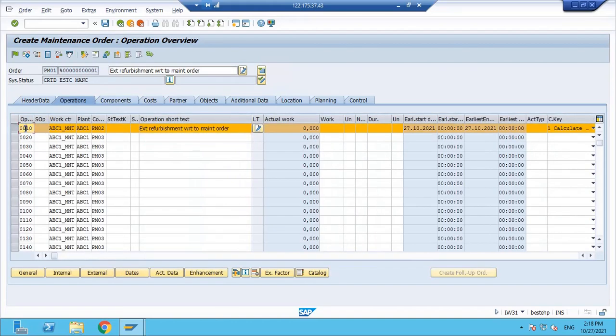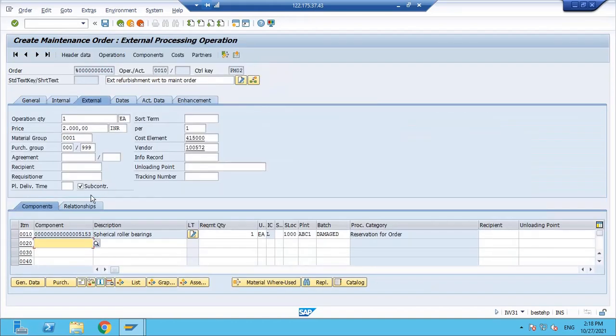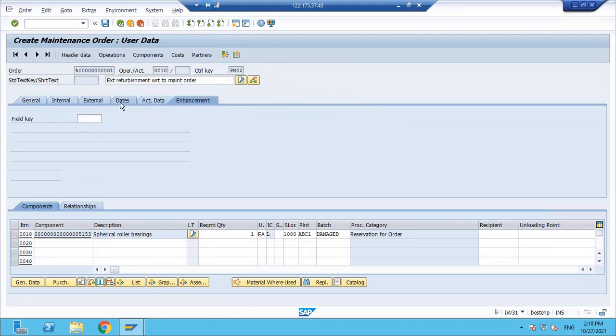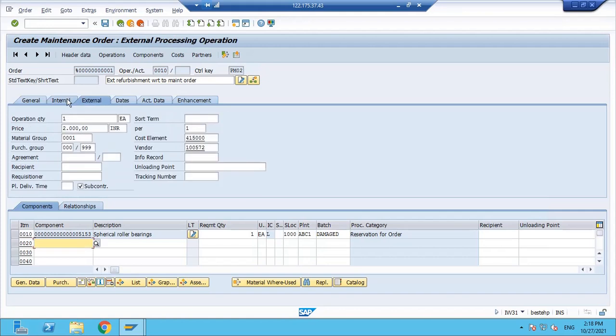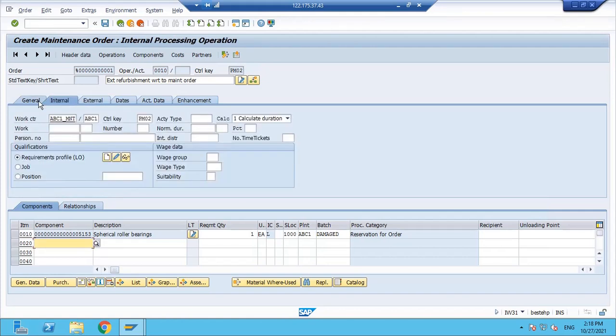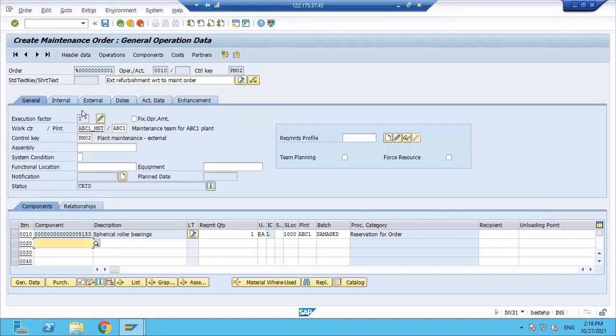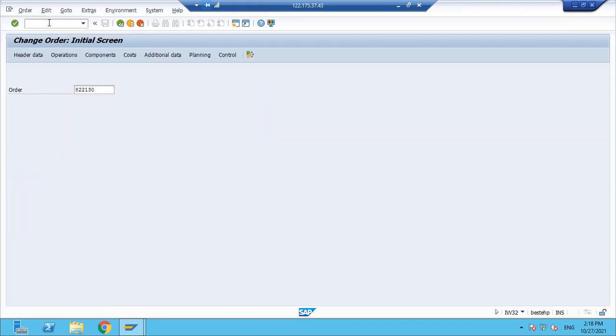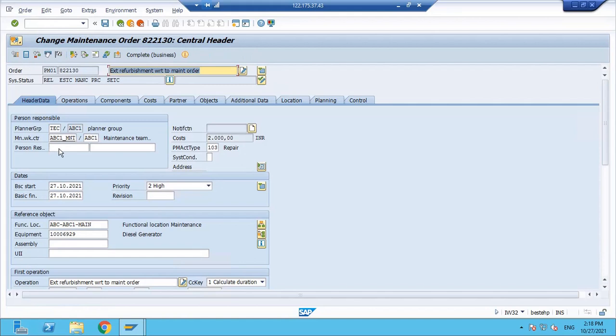Let me cross check once again. So we have entered the subcontracting. As soon as we save this order and release the order, a purchase requisition will be created. Okay, we'll do that. Save that order. Go to IW32, enter this order, release this order.